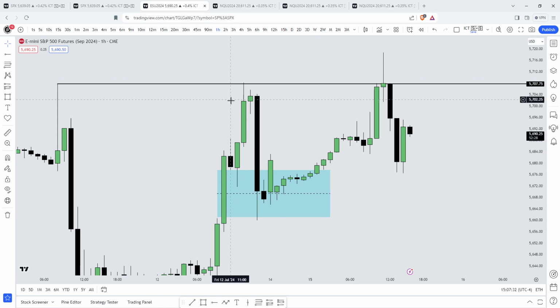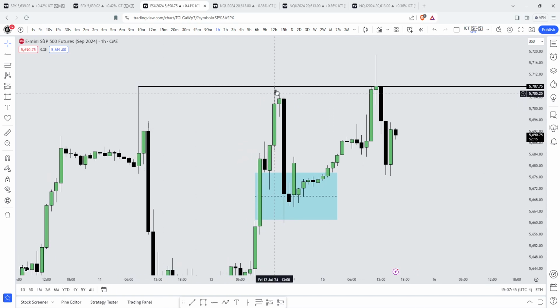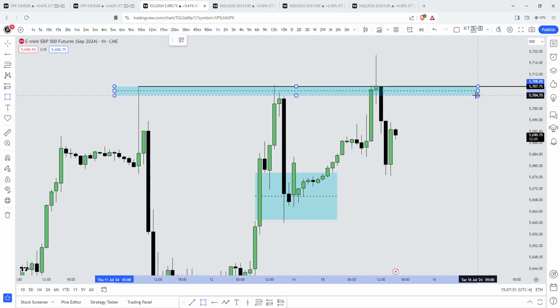So you want to view it and try and come up with a narrative for why price should do what it's doing. Don't just think, oh, there's a fair value gap above, it should go up to there. Oh, there's liquidity above there, it should go up to there. Why should it go above there? Well, because on Friday, it barely went above the relative equal highs. There's still buy stops resting above there. Resistance traders, they're still short,